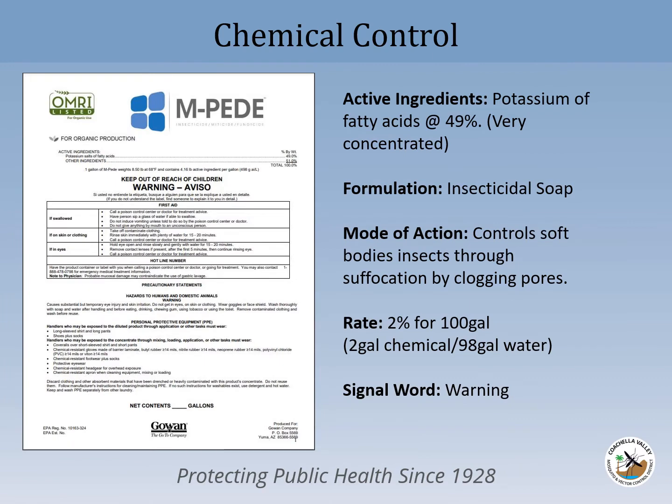When we're conducting our control efforts, the preferred product to use is called Empede. This is an insecticide, a fungicide, and miticide product. It's insecticidal soap. The active ingredient is potassium salts of fatty acids. We use it at a rate of 2% for 100 gallons. So that would be 2 gallons of actual control product mixed in with 98 gallons of water for a 100-gallon batch. It is a single word warning, so it's a category 2